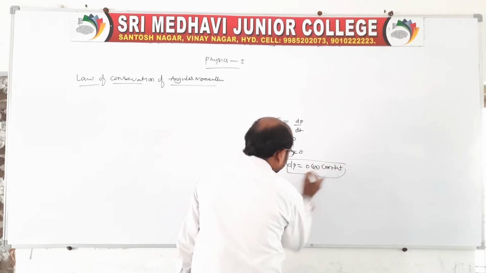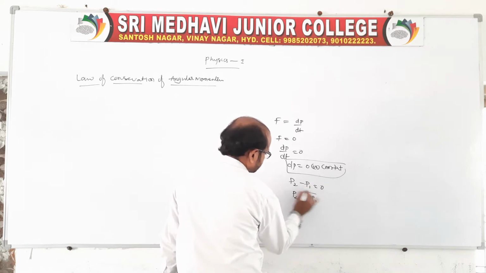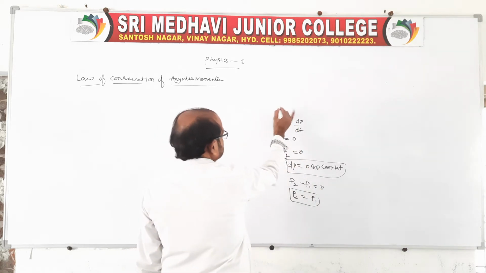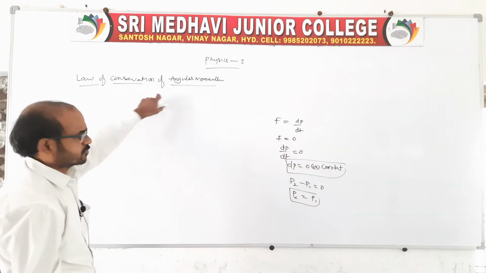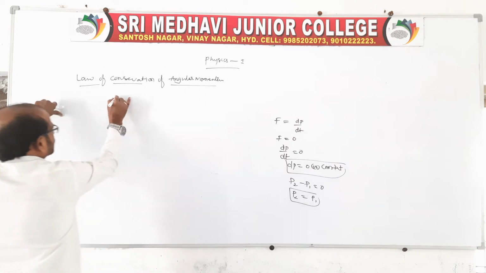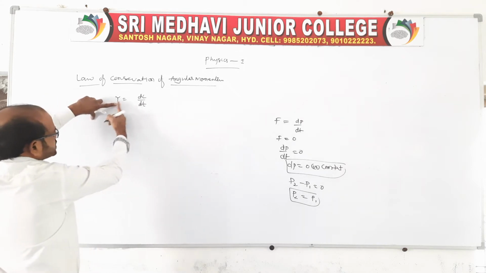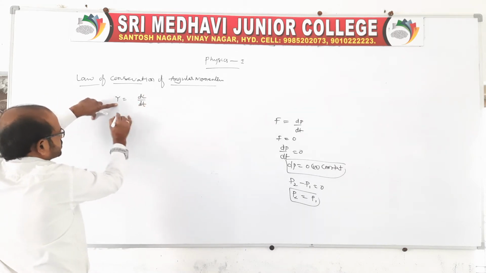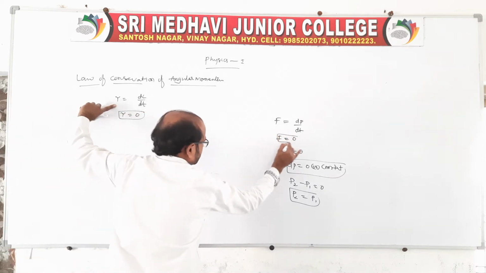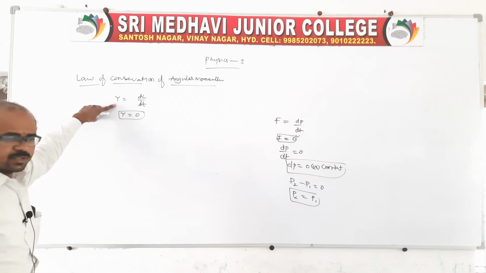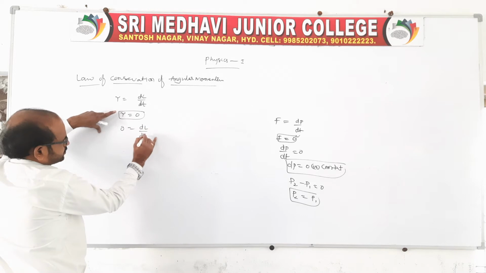See, p2 minus p1 is equal to 0, therefore p2 is equal to p1, in case of conservation of linear momentum. But what about the conservation of angular momentum? Of course, we know, replacing F, torque is equal to dL by dt. Similarly, look, the torque is defined as the rate of change of angular momentum. Suppose the external torque acting on the system is 0, just like the external force acting on the particle is 0. So when the external torque is 0, we take dL by dt equal to 0.